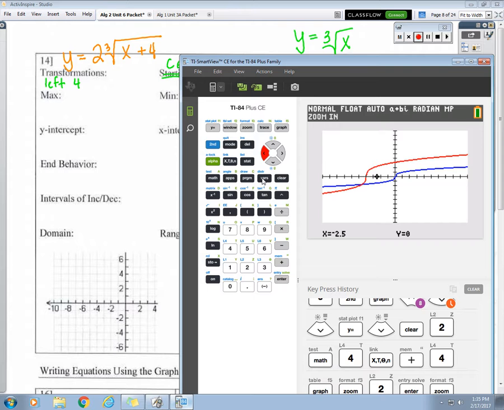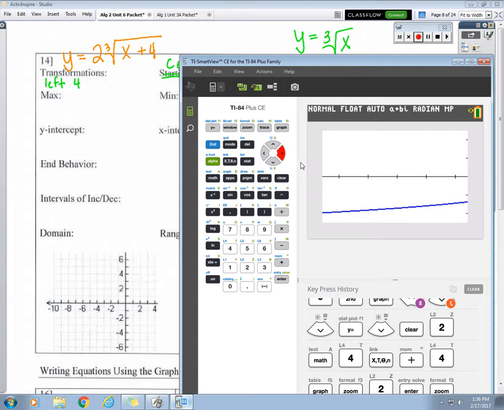It doesn't always have to be right on it. I think that'll be close enough. Well, it's still moving. Okay, well,